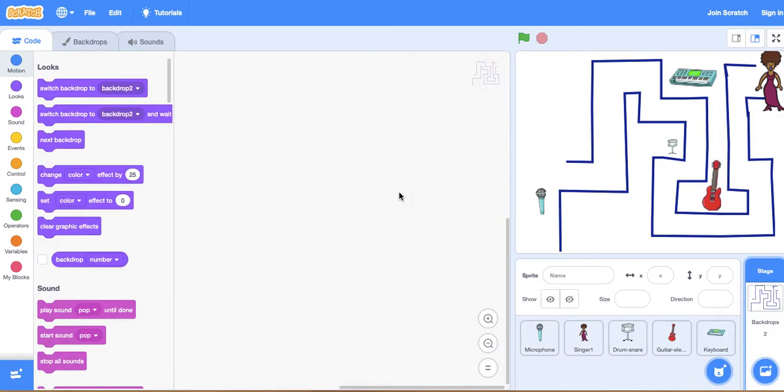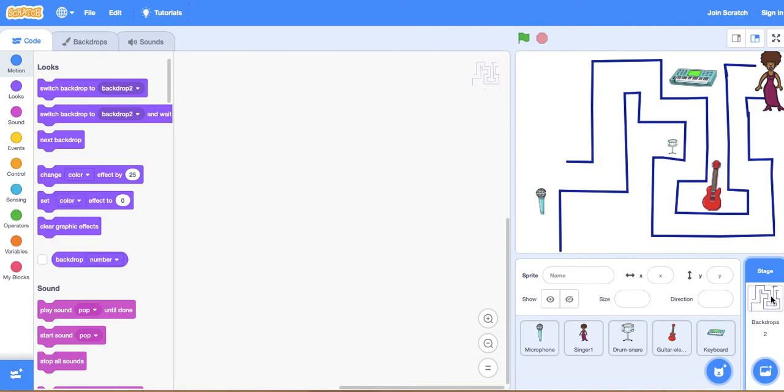Today on Scratch, we're going to learn how to create a maze. To do this maze, we're going to code our sprite, which is our character, to navigate around the maze using the up, down, left and right keys. Okay, so the first thing you need to do though, before we even start coding, is to create the backdrop